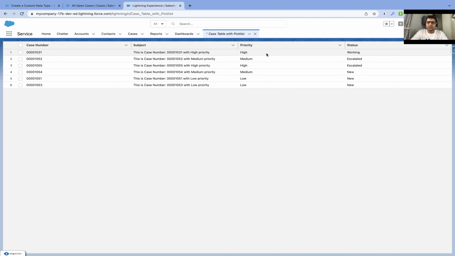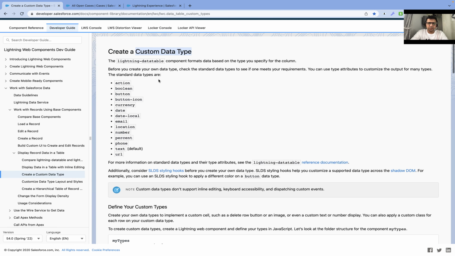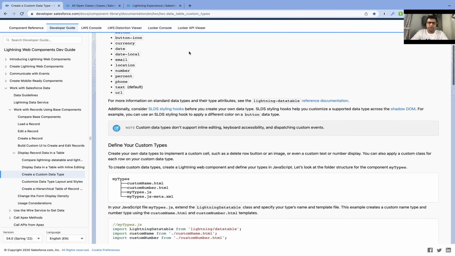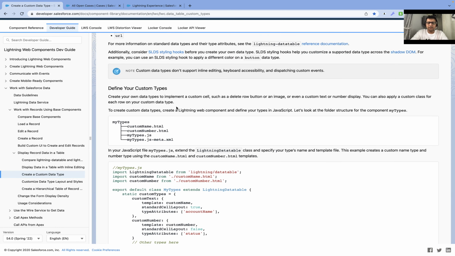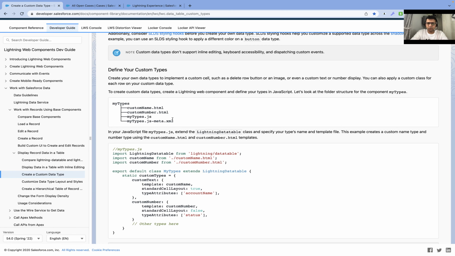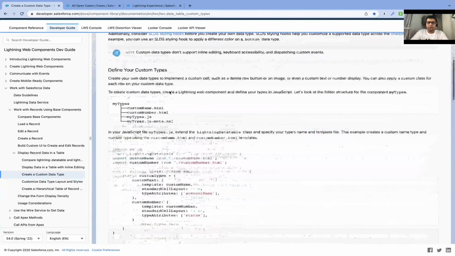Okay, so you can see it's still displaying as text. It's not even a picklist. So now the picture comes where we need to create a custom data type. To create a custom data type, you basically need one more Lightning web component, and you are going to